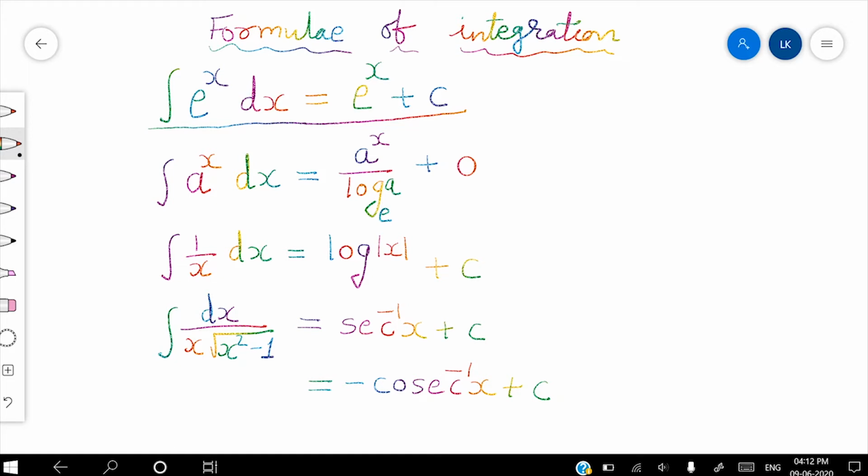Give a function whose integration and derivative both are the same. It is only one function, e raised to x. Here the integration of e raised to x with respect to x is e raised to x plus c. Here, what is e and what is x? x is a variable. That means the integration of e raised to x dx is e raised to x plus c. And you know one more formula, integration of x raised to n